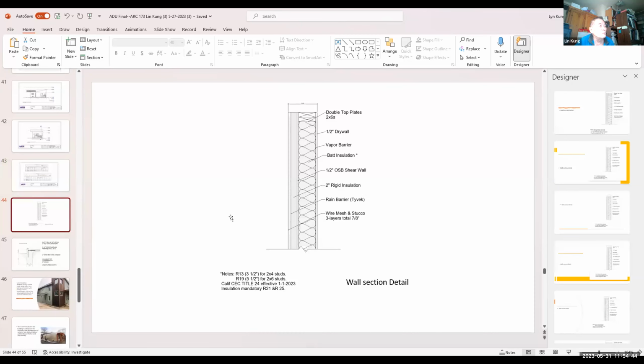This is a detail of the wall. Insulation, rigid insulation, and the stucco. I put a note over here, very important. For 2x4 wall, use R13. For 2x6, use R19. But now, from January 2023, this year, we've got to comply with Title 24,